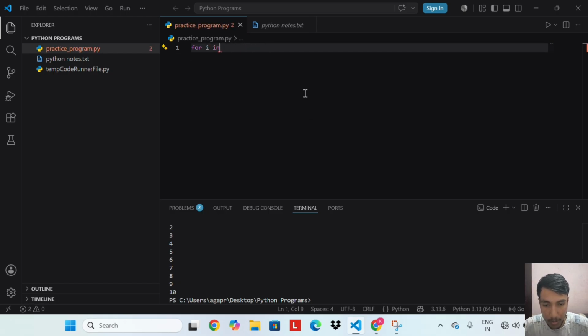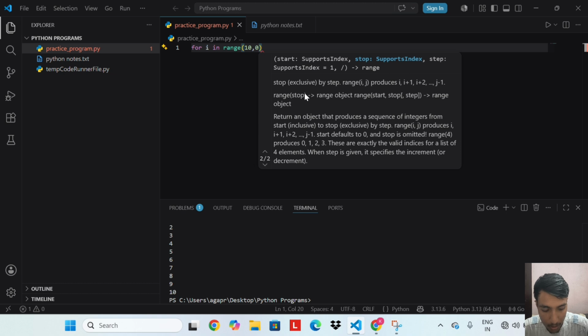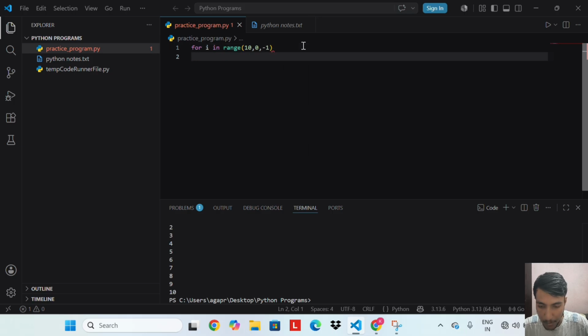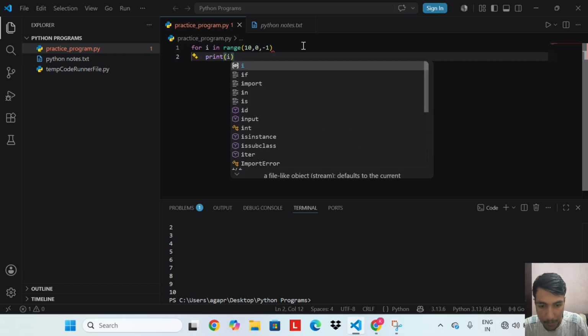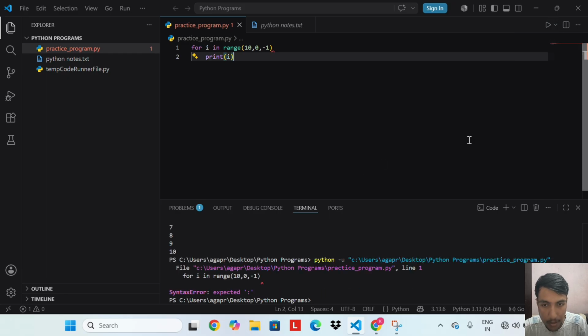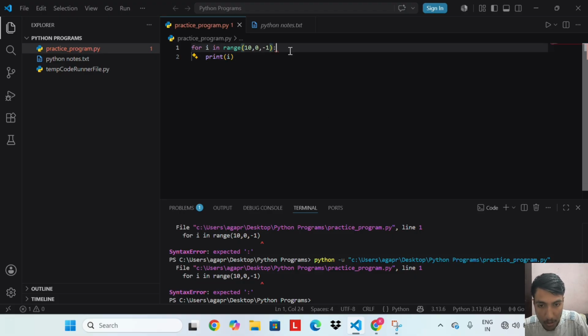From 10 to 1: for i in range(10, 0, -1): print(i).